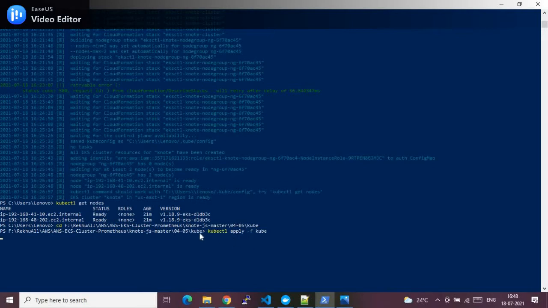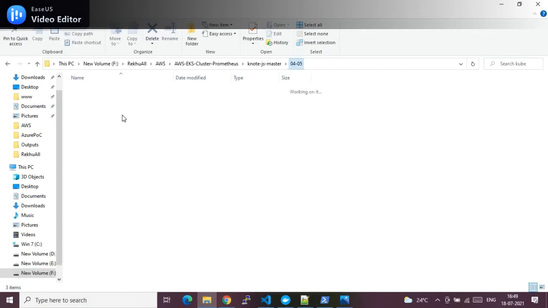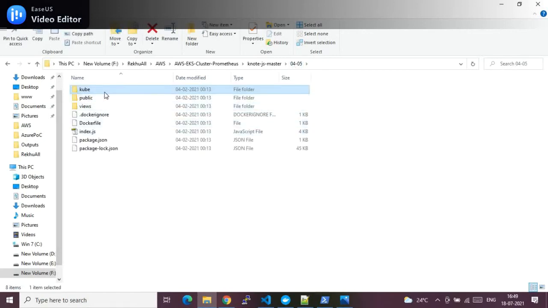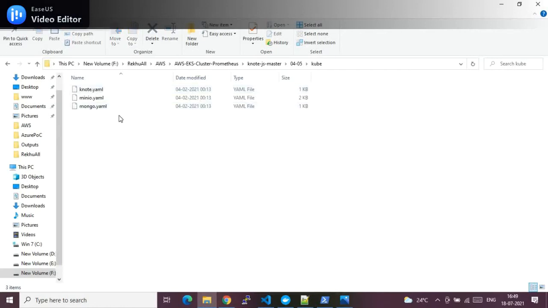Because I'm inside the kube folder. For the command kubectl apply -f kube, you should not be inside the folder, but you should be before the folder, so that it will automatically identify the folder and work. So let me do a cd one step back. If I go back, I should be in this context, then only the kube folder will be detected and automatically these three YAML files will be run for hosting these three services.